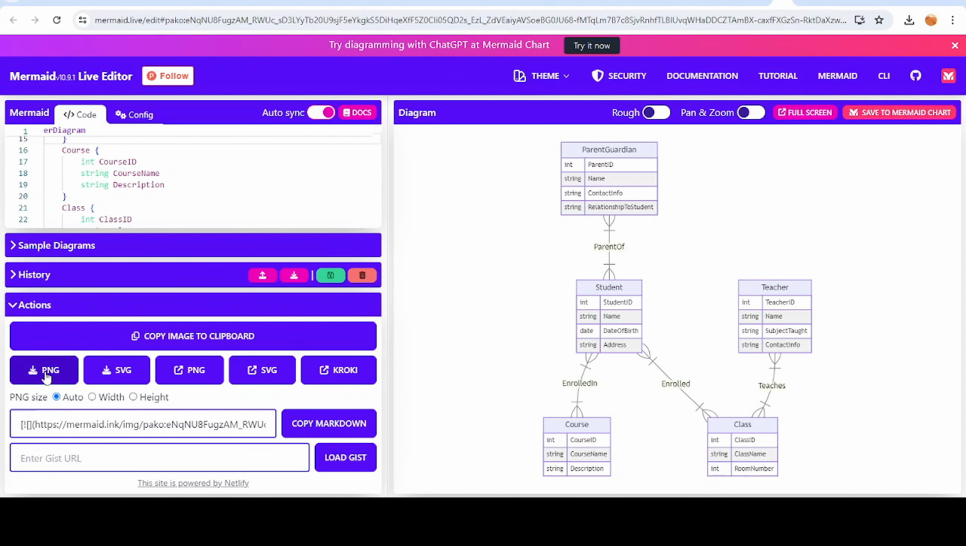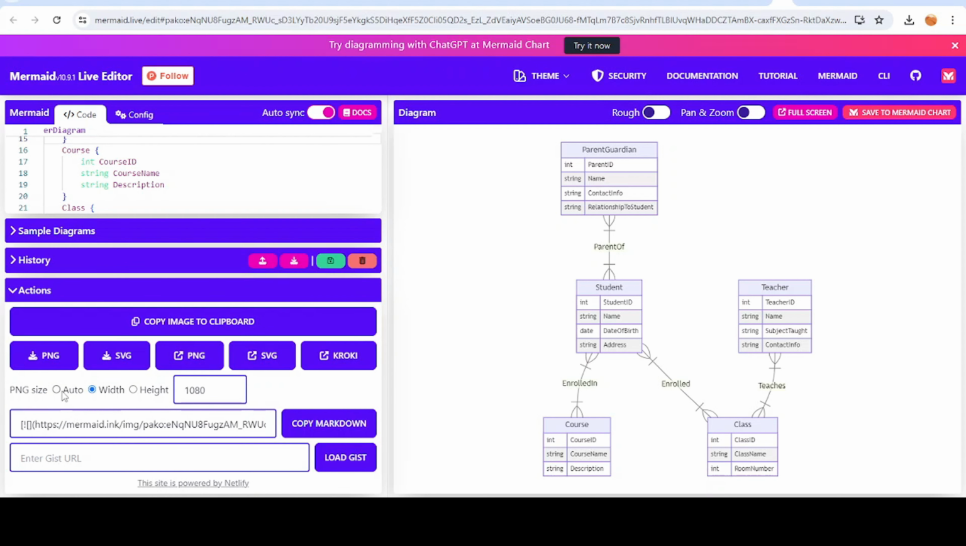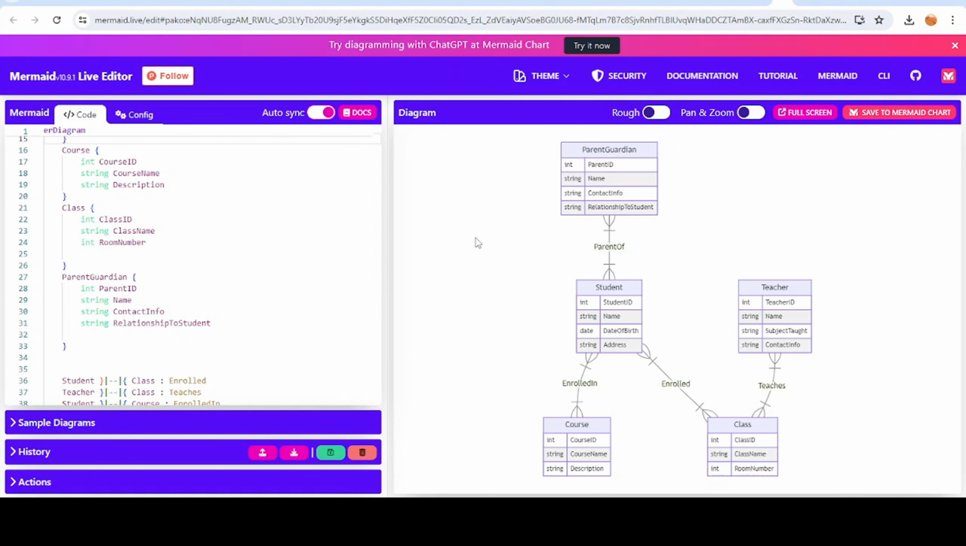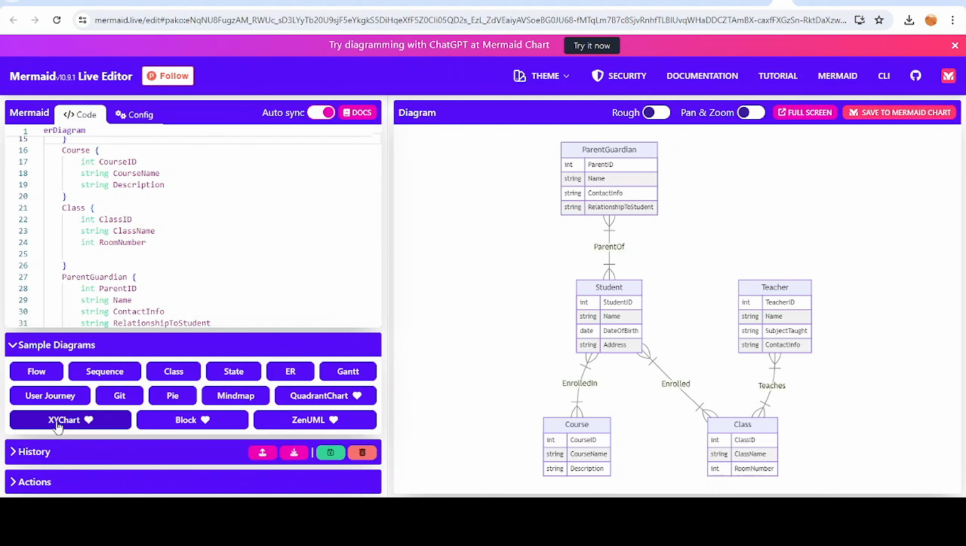You can download in PNG format or SVG. These are the two formats you can download, and you can give the width and height also. You can provide the width, but here it's auto. So this is the power of using Mermaid with ChatGPT. What kind of diagrams can you create? You can create flow diagrams, sequence, class, state, ER, and these are the diagrams we can create using Mermaid